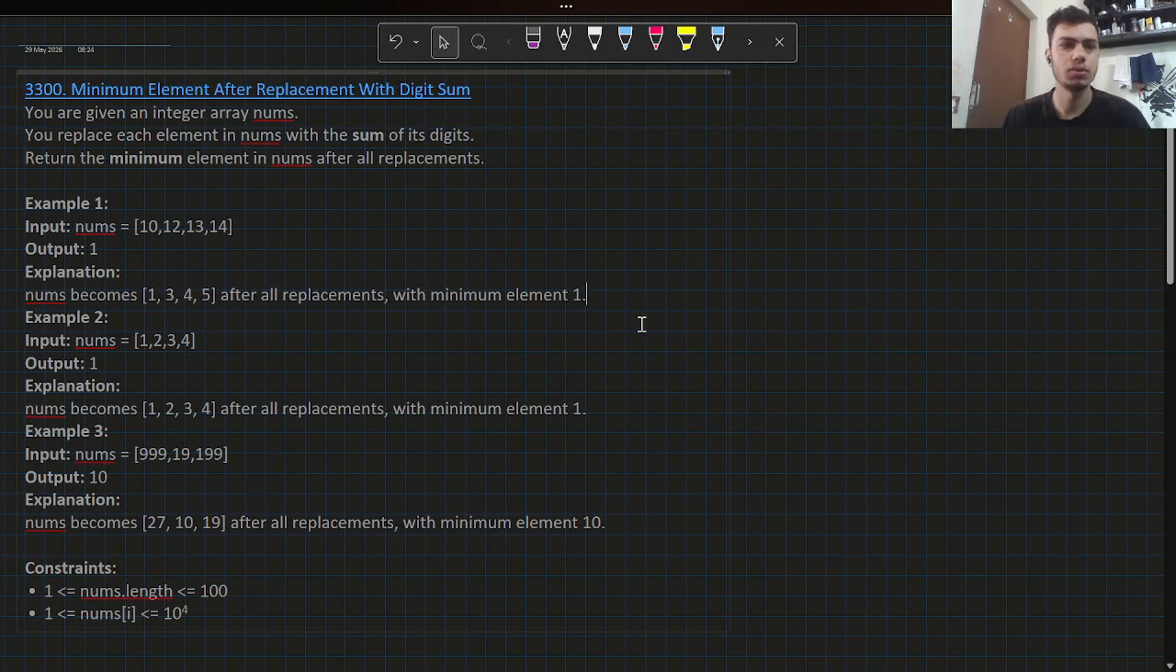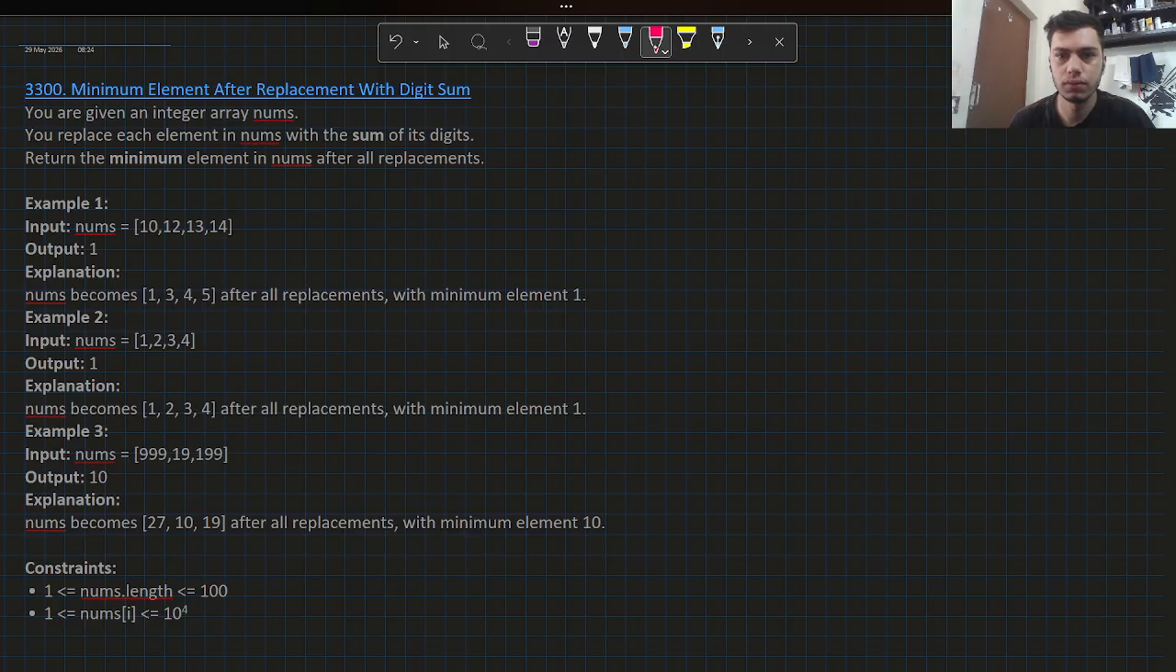Hello everyone. Today we solve LeetCode problem number 3300, Minimum Element After Replacement With Digit Sum. First of all, we understand the problem, then we think about the solution. What we have in the problem: